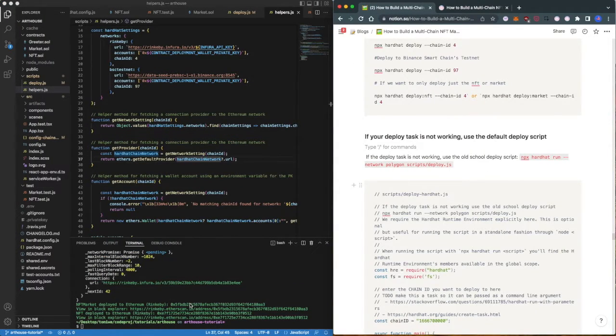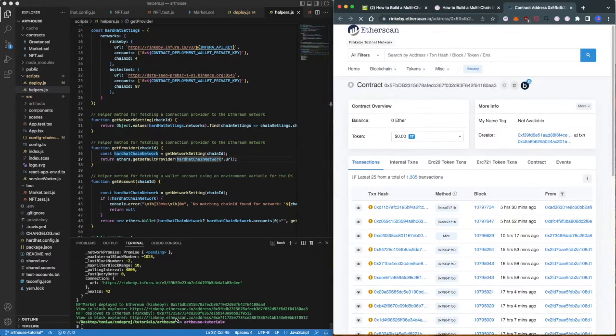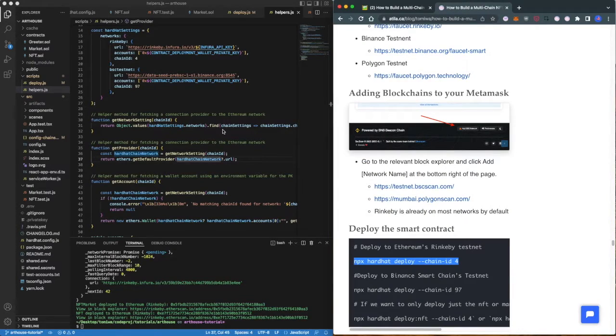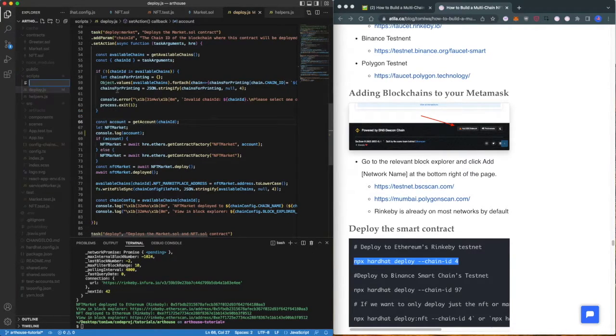So just to clarify, the reason we know it didn't deploy to the correct network is that if you click on either of these 2 links, you will find a bunch of other random transactions here, and they don't include our transaction, which tells us that this is using someone else's contract. Most likely what happened is that we're using the default private keys instead of our own specific private keys. So sometimes when deploying, you'll run into really random weird issues. So what you can do is preserve the default Hardhat script, and then if your new deploy task isn't working, you can just fall back to that one, which is what we're going to do in this case. We're just going to make a new file called